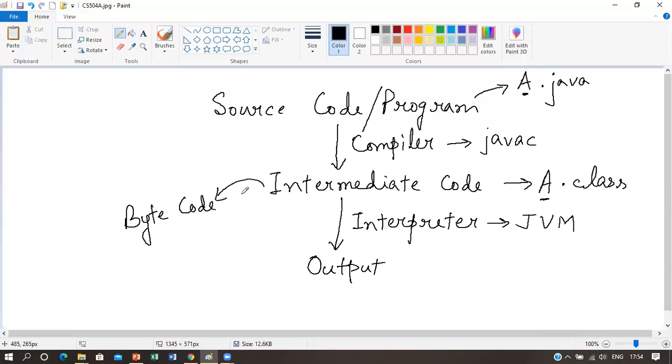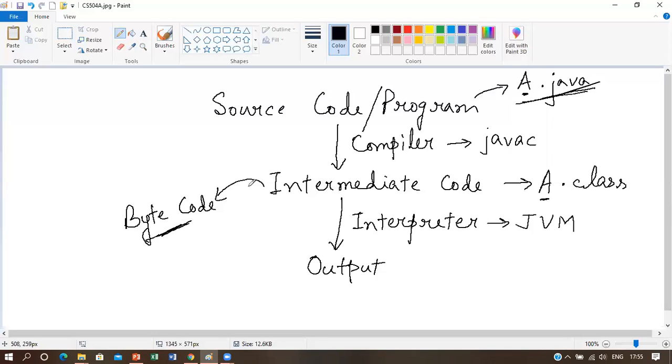First, we will write down the source code or program and save it using a file name. Here in our case, we have given a file name as A, suppose, and the extension will be .java. So the whole file name will be a.java. Obviously, there are some rules for giving file names of a Java program that we will discuss later. Now this a.java file will be compiled by the Javac compiler to generate an intermediate code which is known as bytecode. Bytecode is nothing but a set of instructions.